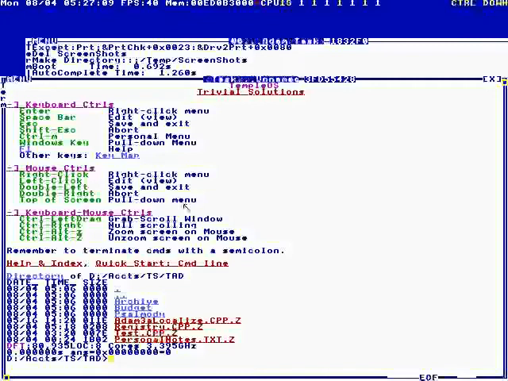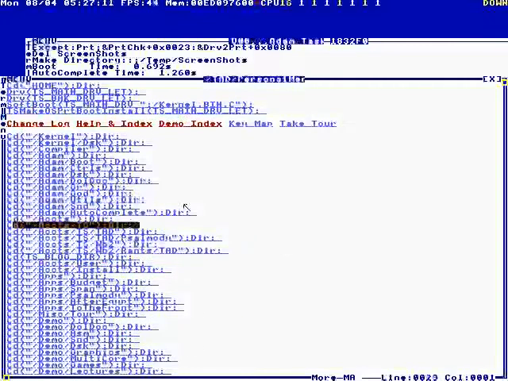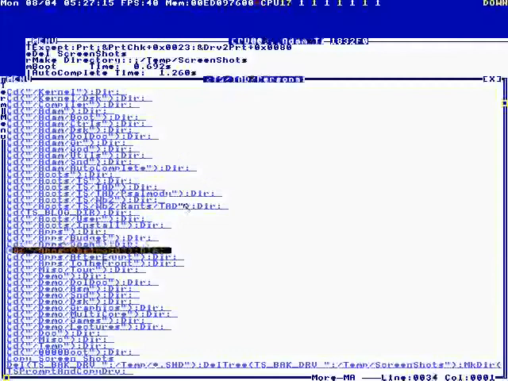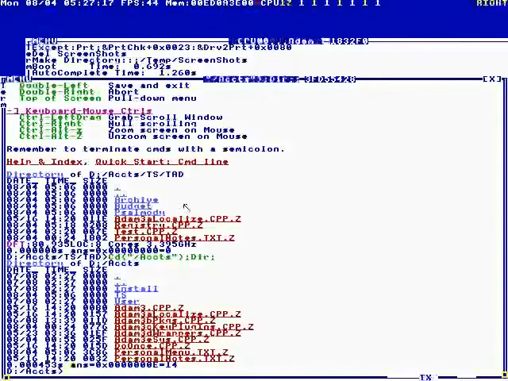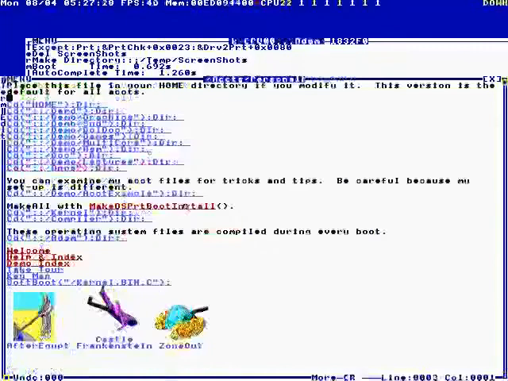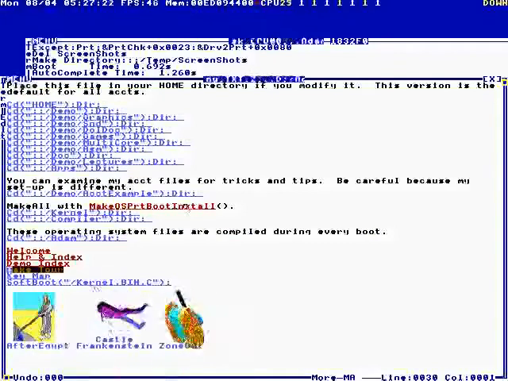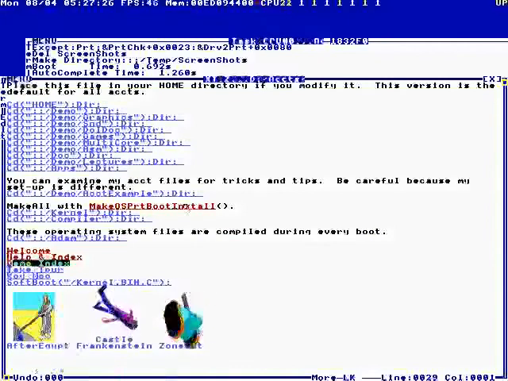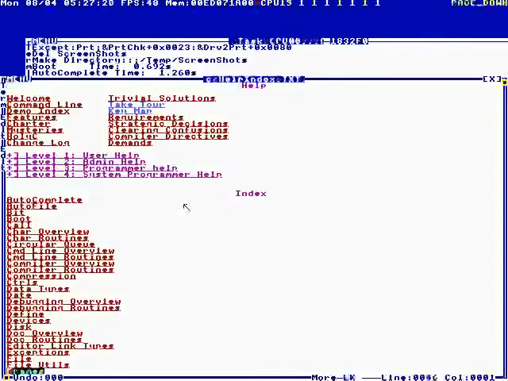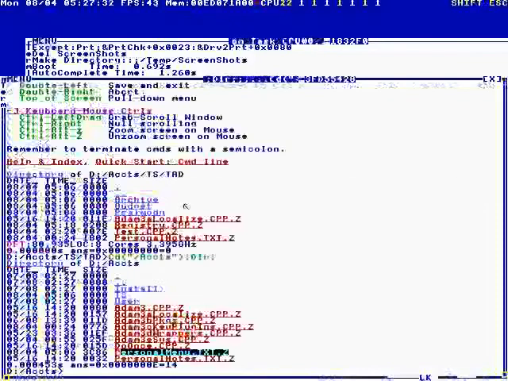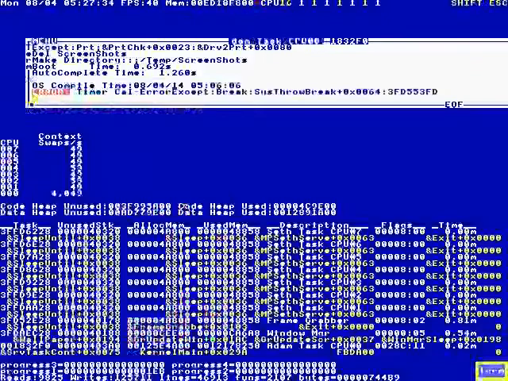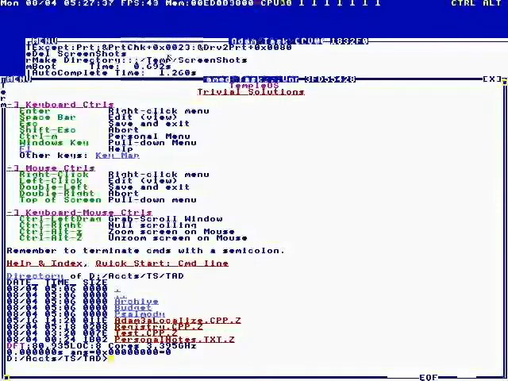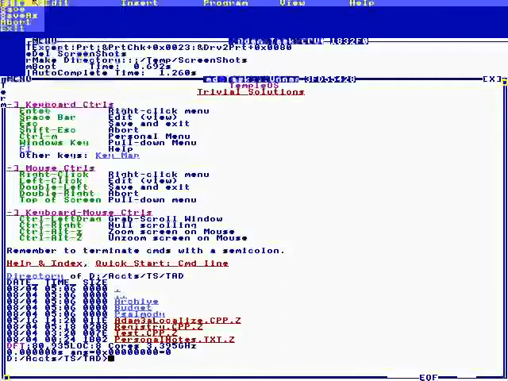So, Control M gets to your menu. On your menu, you have a different menu than I have. There's a Keymap. You want to get familiar with that. And then the main help index is what you want to get familiar with. F1 gets to your help, and hit F1 should set you straight. Oh, I know what I forgot. Up across the top is a